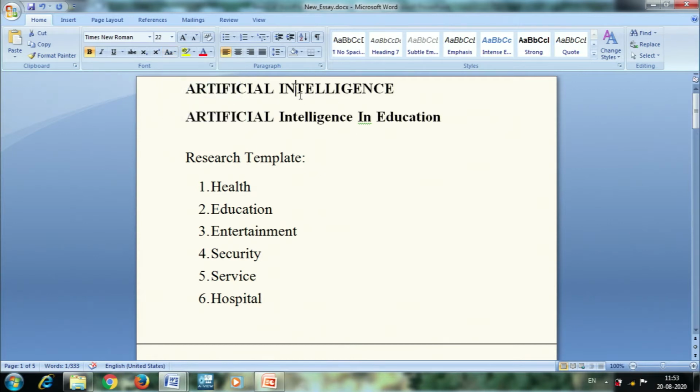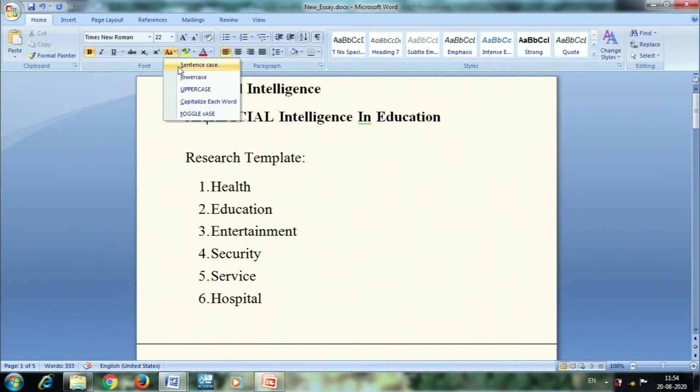We can take some other text. I am taking the first sentence, artificial intelligence. Here I am choosing the option capitalize each word. If we choose capitalize each word, the first letter in each word will be capital and the rest of the alphabets will be small. Here, if you see, the A is in capital and the rest of the alphabets are in small. Here only I became capital, and the rest of the alphabets are printed in lower case.